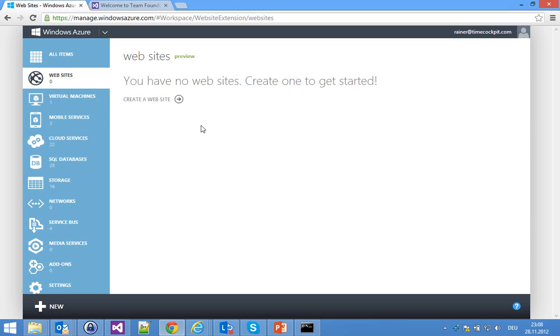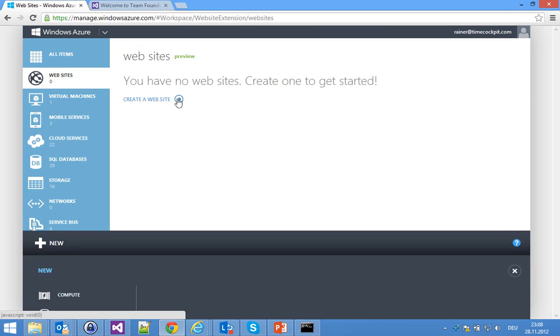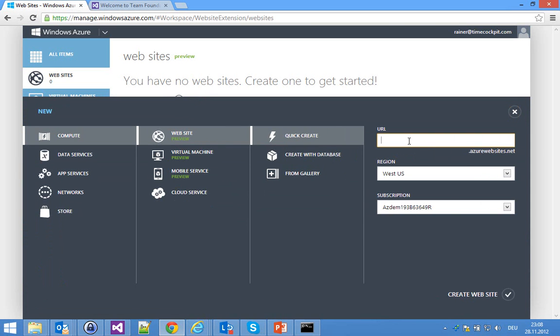You can deploy your websites either being on .NET technology or PHP or Node.js or whatever you like. You can deploy it using, for instance, FTP, or if you want to use Visual Studio with web deploy and similar mechanisms. So very lightweight mechanism. You can get up to 10 websites for free. But if you have never seen it, really check it out. It's a great service. So for our purposes here, we create a new website, and let's call this one